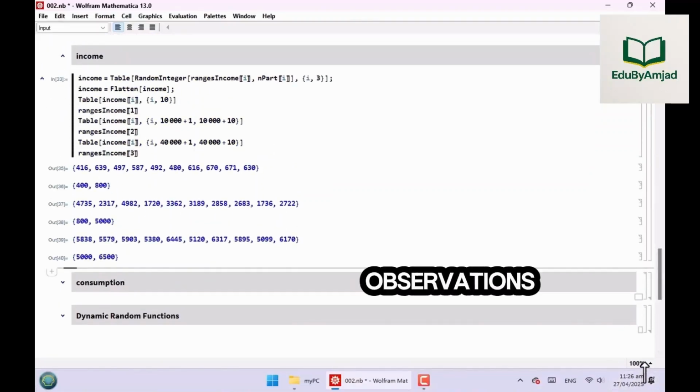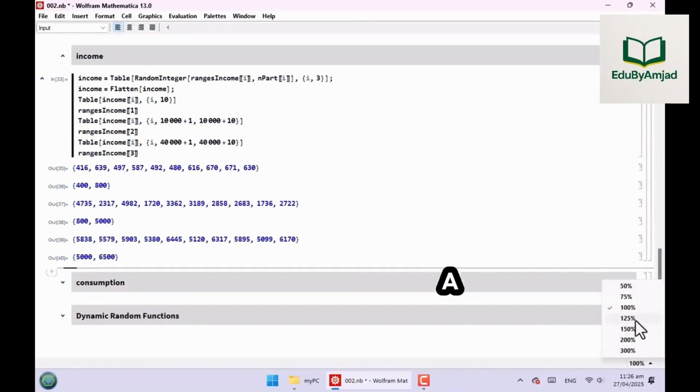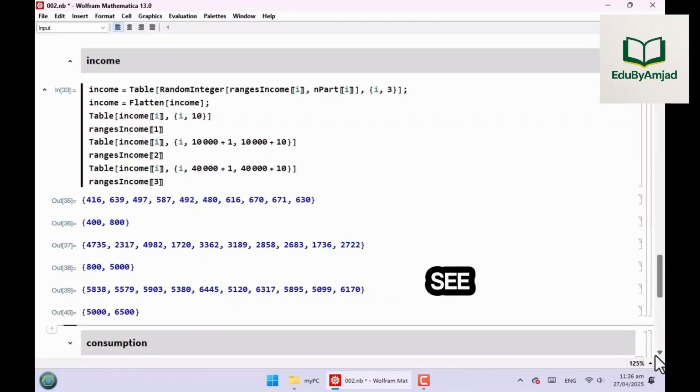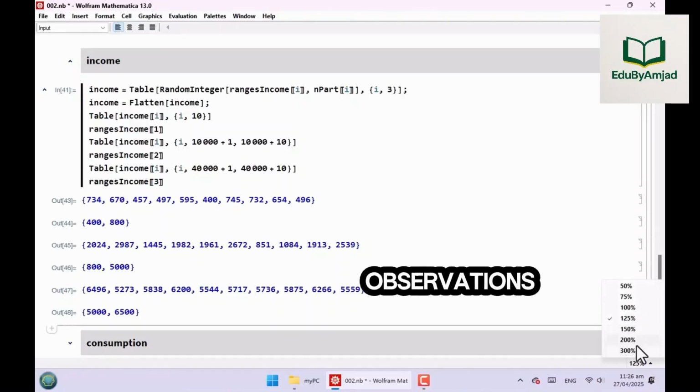This gives us 10 observations each for 3 income groups on a single screen. We see and compare at a glance. Also note the programming code is such that every time we hit the return on keyboard, we get a new set of household income observations.